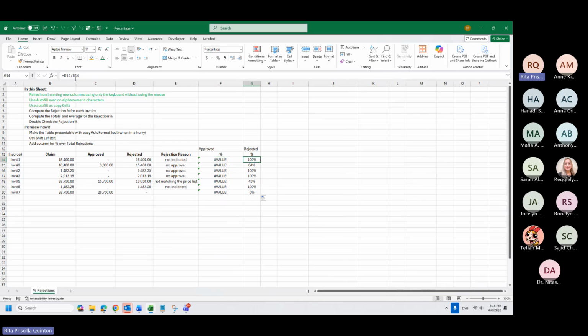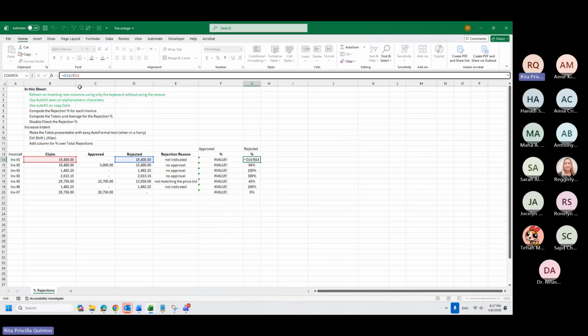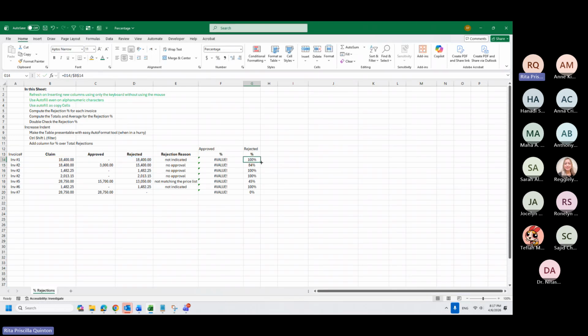So D over B. So I have to make this absolute value because I don't want this to move. This is what the lock does. So I will press F4. If I go here to the formula bar, I will click this and press F4. So this one will be stuck even if I drag it to the left or to the right. I have to do it for all of them. Sorry, only to the left. Okay, so approved.